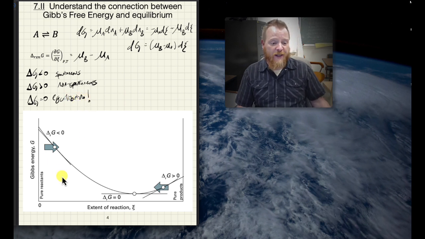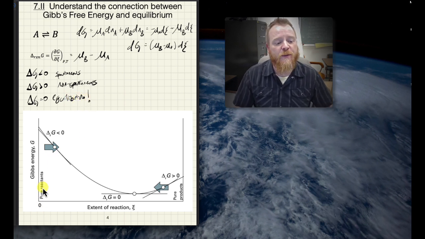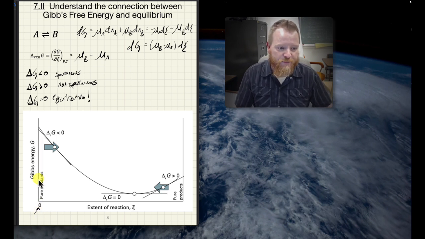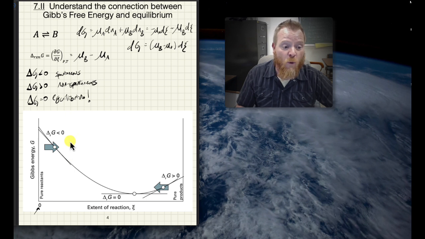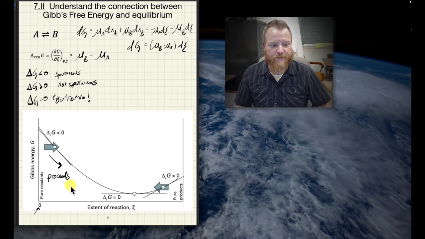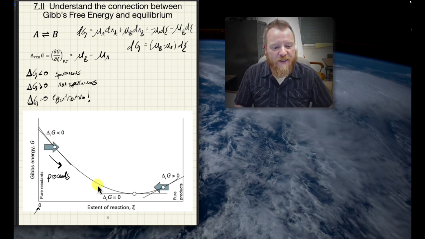If we take a look at this figure here, let's suppose we're starting right here at pure reactants. We can see in this figure from this calculation, presumably of mu B minus mu A, that that would result in a negative quantity. So the reaction proceeds spontaneously in this direction. Now, as you can see, we get to this certain point where delta G has leveled off. Now we have attained